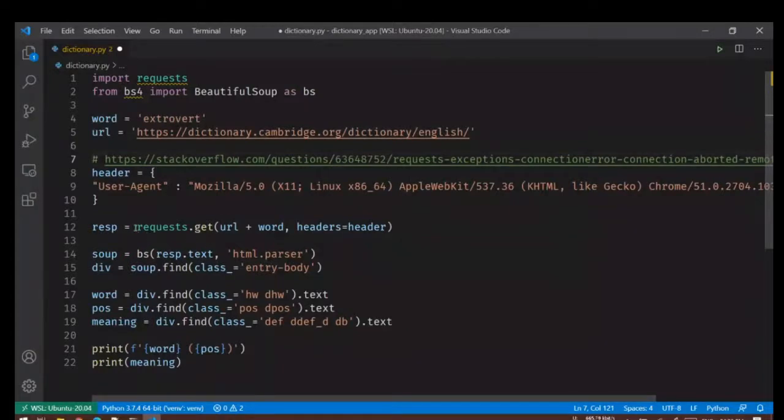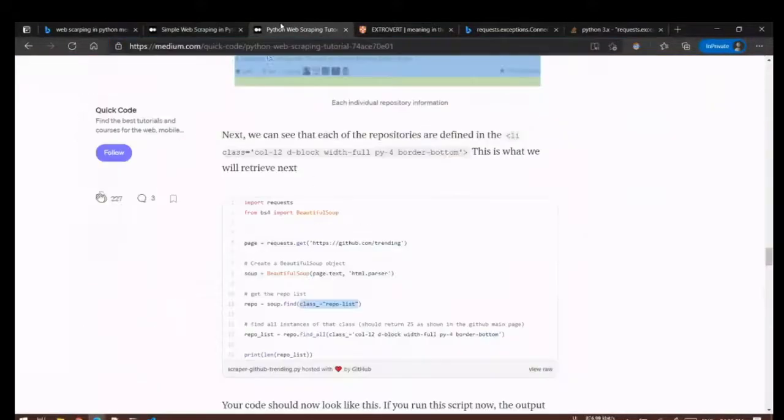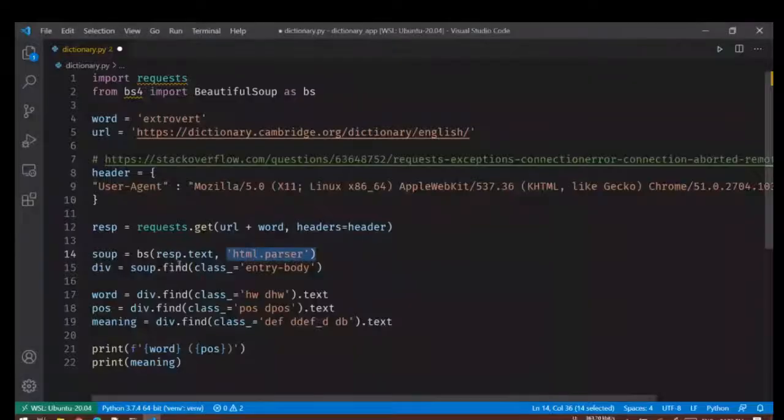So we are just making a request to this URL with this header. We'll get a response. We are storing it in RESP variable, and then when you say response.text and you pass it to your beautiful soup object with this argument, again I don't know what this argument does, but it was there, so we have just copied it.